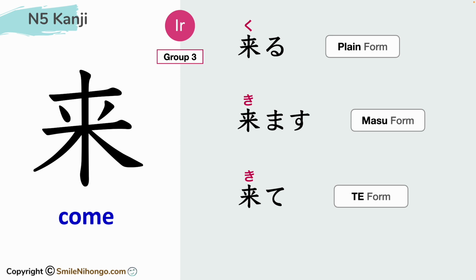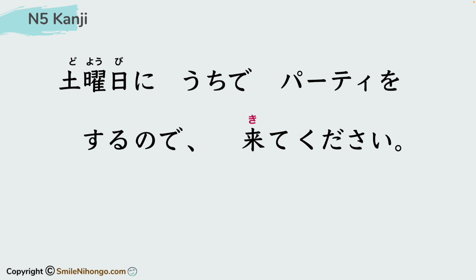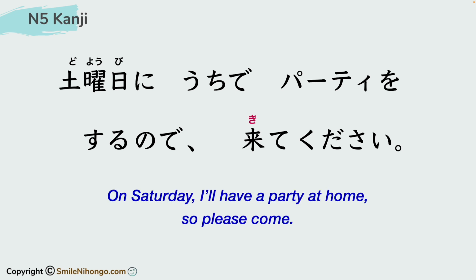Okay, here's an example sentence using its て form. Do you understand the meaning? 意味がわかりますか？土曜日にうちでパーティーをするので来てください。そうですね。The sentence means, on Saturday, I will have a party at home, so please come. 土曜日にうちでパーティーをするので来てください。